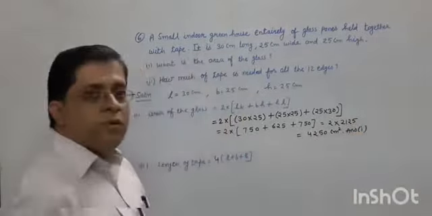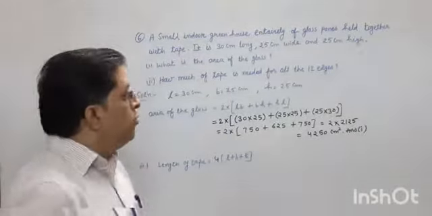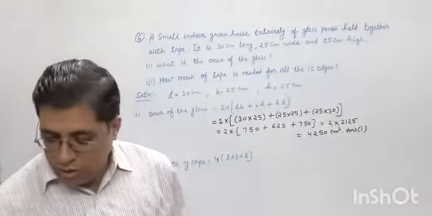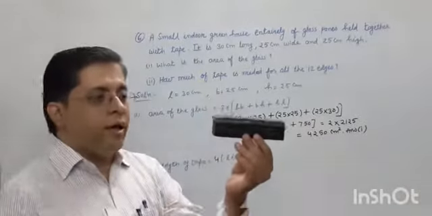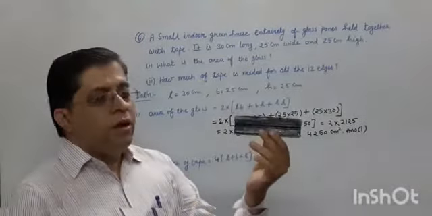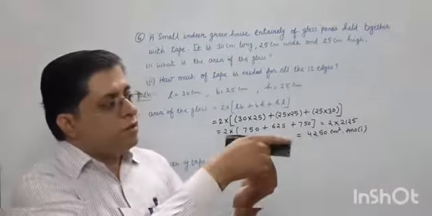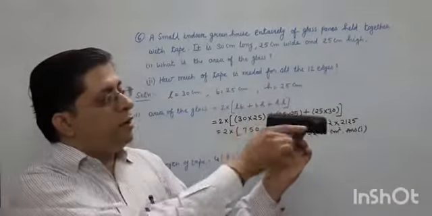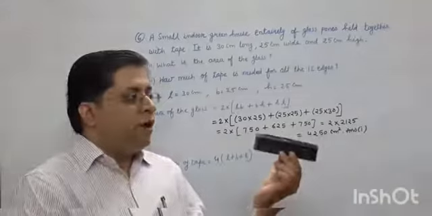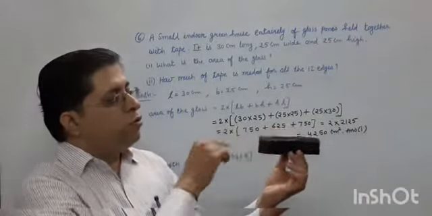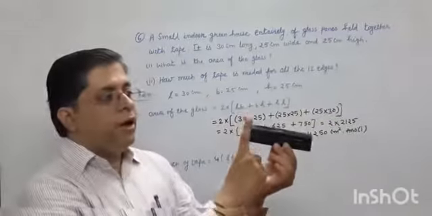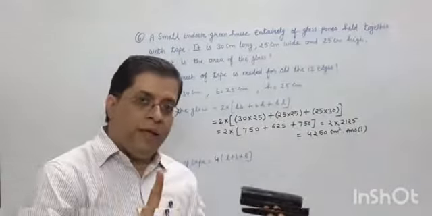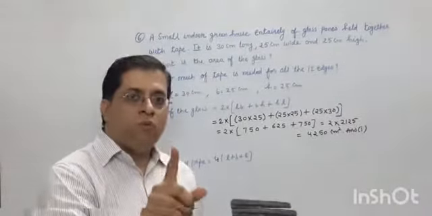Answer number 1. Second thing, what you have to find out? You have to find how much tape is needed for all the 12 edges. Like this herbarium, I have one cuboid. I have to join this. Let me see how many lengths are there. This is top length, bottom, and back top and back bottom, 4 length. And breadth, 1, 2, 3 and 4, 4 breadth. And height, 1, 2, 3 and 4. It means 4 times length plus 4 times breadth plus 4 times height.